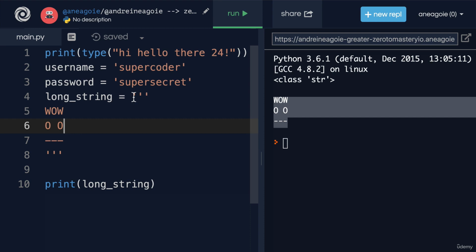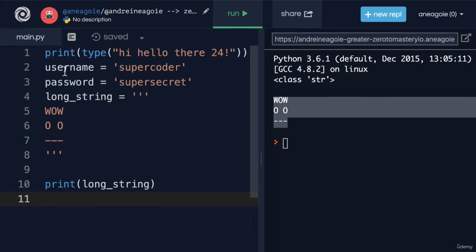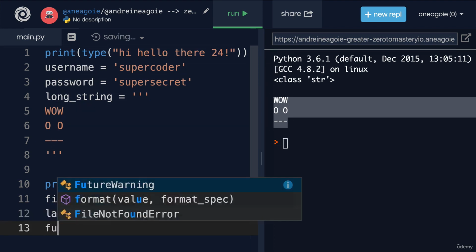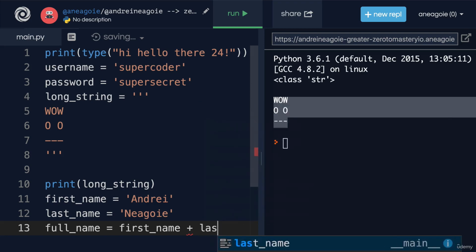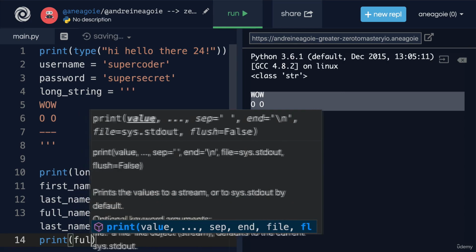Now, with a string, we can do some cool things that we saw in the numbers videos. What if I had something like this? Let's say I wanted to grab the first name of a user. Just give my own name here, and then last name. And again, my super hard to pronounce last name. Could we do something like this, where we have full name equals first name plus last name? And then if we print here the full name